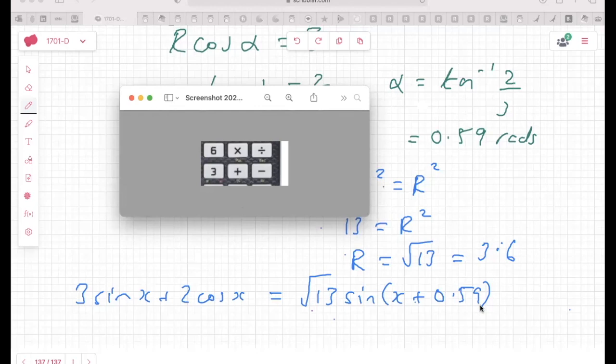Now, it's important that you do it in that order. It has to be 3, 2 and not 2, 3. If you do 2, 3, it'll be wrong. So you have to do it in width, height order because it's x, y in the coordinates, x, y. So width is 3, height is 2. How to know that? Well, it comes from our